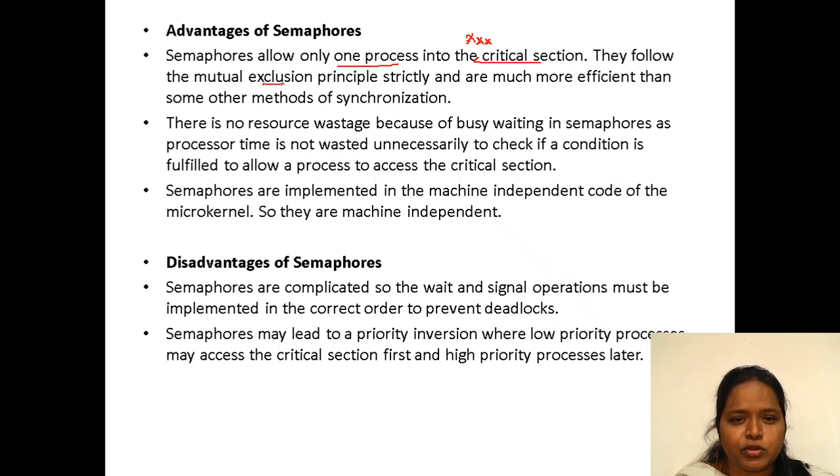They follow the mutual exclusion principle and are much more efficient than other methods of synchronization. Mutual exclusion means only one process should enter into the critical section.